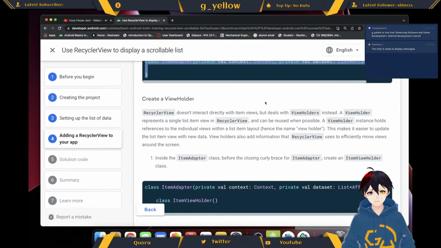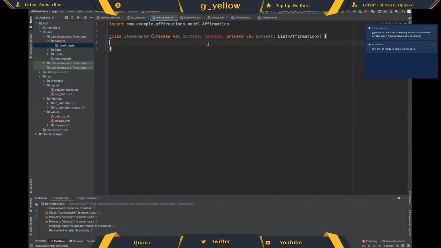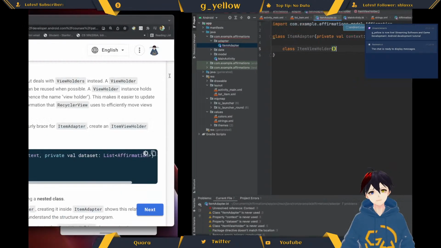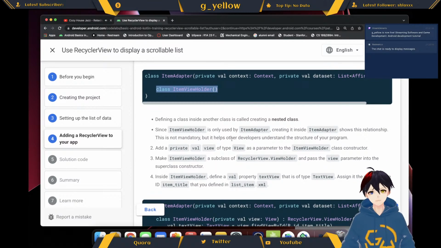It doesn't deal directly with item views, but deals with view holders instead. This was probably something similar. So, a nested class. You could do another package, but this way I think it's more contained. It is harder to separate out later and a little bit hard to reuse. But I guess it